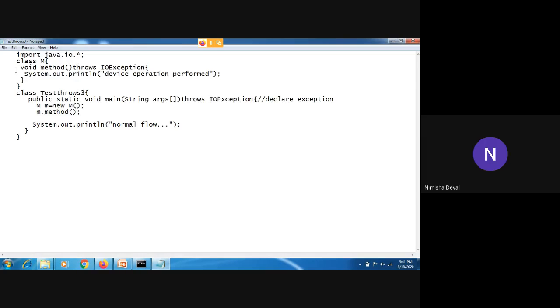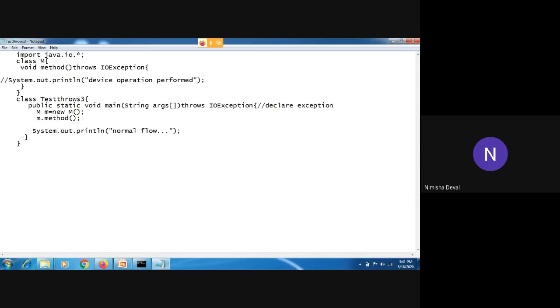When an exception occurs in the program, in that case what will we do? We will use the throw keyword, because we know the throw keyword acts like a try catch block, right? Whatever a try catch block does will be done by the throw keyword only. So we will declare here IO exception, right? IO exception, in that exception,